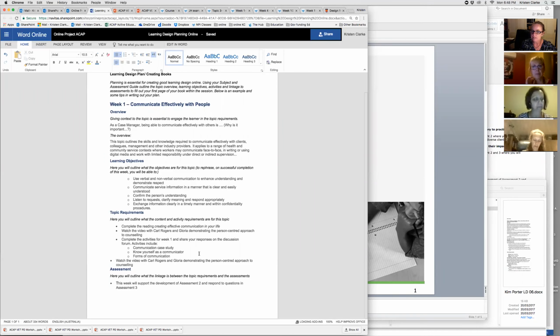So everything that they do needs to align to them achieving the learning outcomes or a part of the assessment or both. So, for example, the topic requirements are outlining in dot point the activities within that week. So complete the reading, watch the video, complete the activities for week 1,